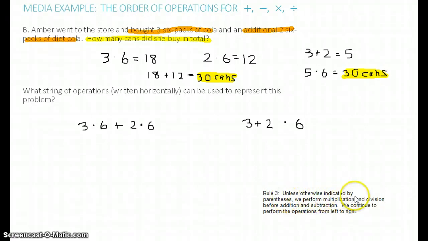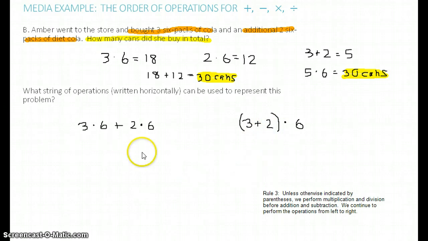So unless otherwise indicated by parentheses, we perform multiplication and division before addition and subtraction. So looking at this example, if we multiplied the 2 times the 6 first, we would have 12 plus 3, which is 15. So if we want to indicate that we're going to do this addition first, we need to add